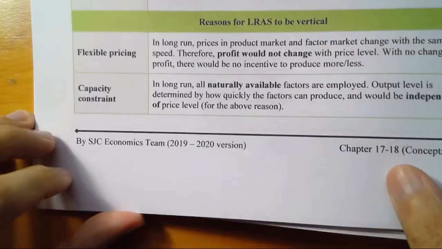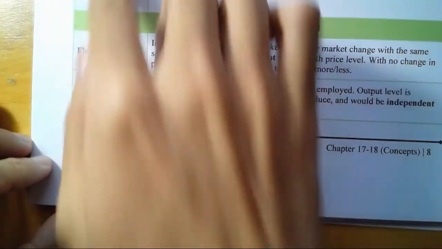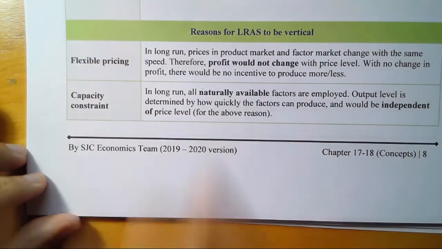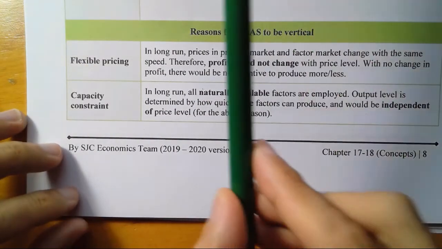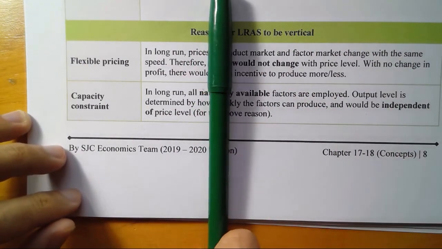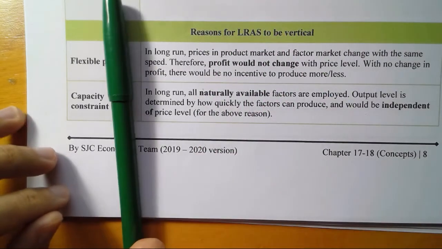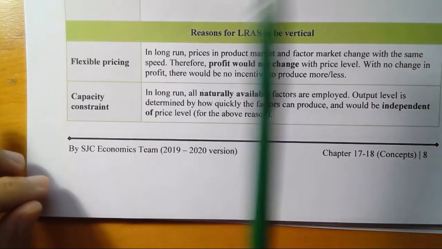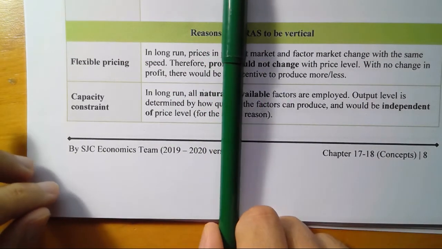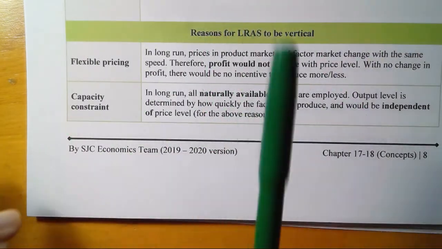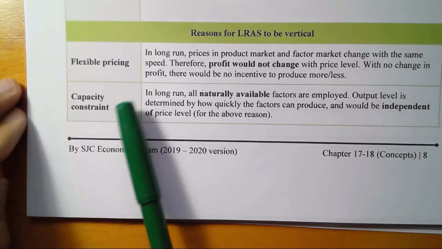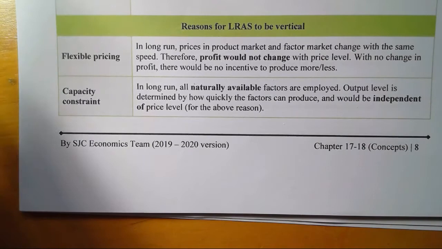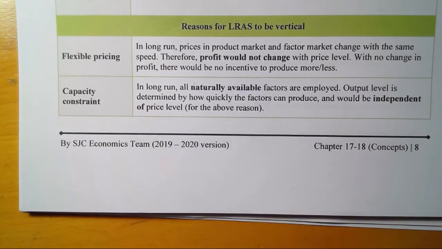Another one we need to know would be capacity constraint. Now, flexible pricing, it only sets it is a vertical, but at which point it is being vertical? 咁幾多幾少點決定啊？上面我哋只係話佢係一條直線啫嘛，我哋冇話係放邊度嘅直線喎。Another thing we need to know, we call it the capacity constraint, because in the long run, all naturally available